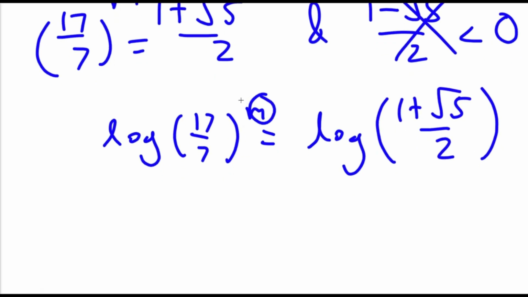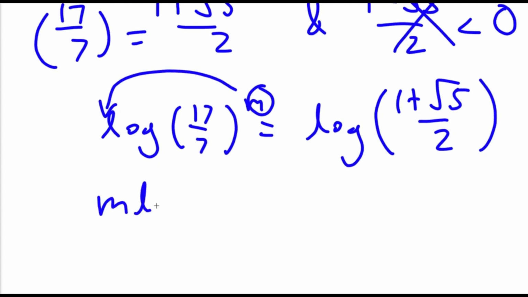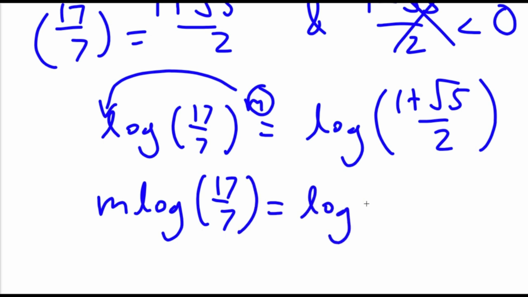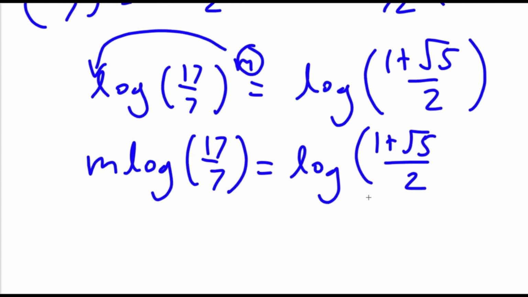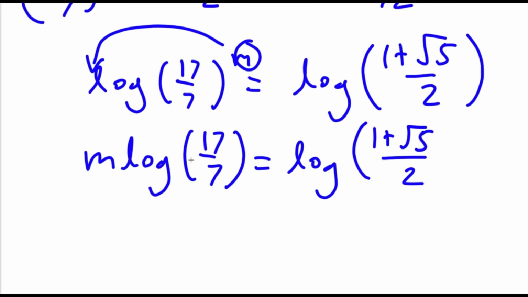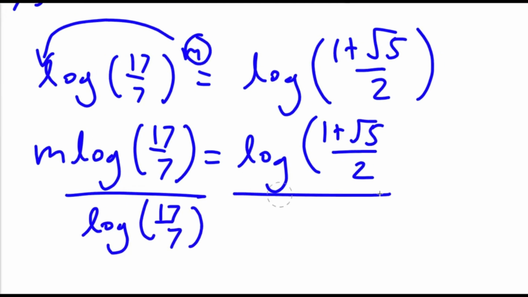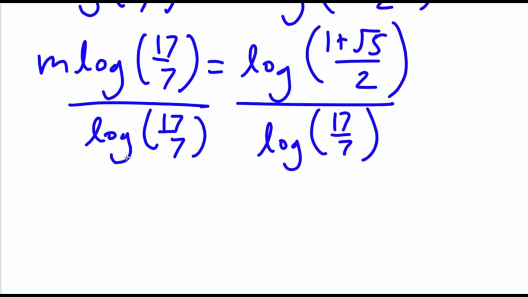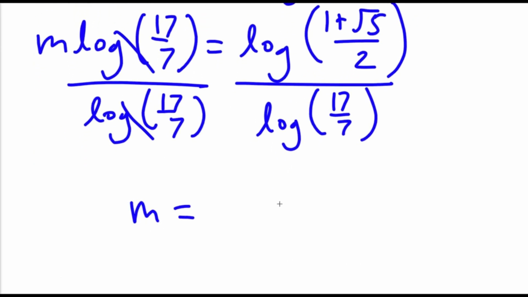So now I can move this exponent to the front. So now I get m times log 17/7 is equal to log of 1 plus the square root of 5 over 2. And now if I divide both sides by log 17/7, these two cancel out. m is equal to log of 1 plus square root of 5 over 2, over log 17/7, which is, if you plug that into a calculator,